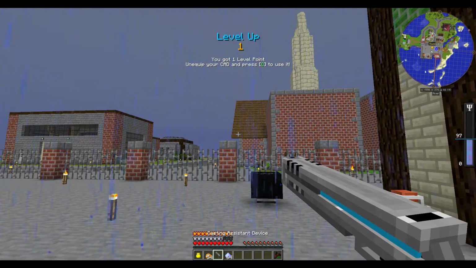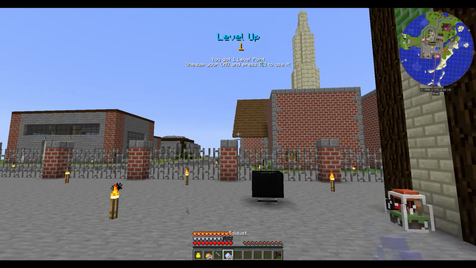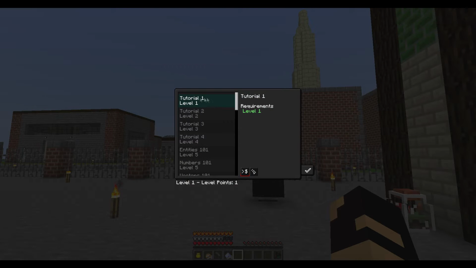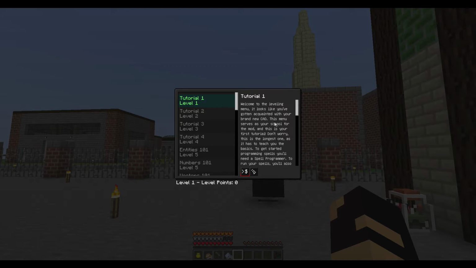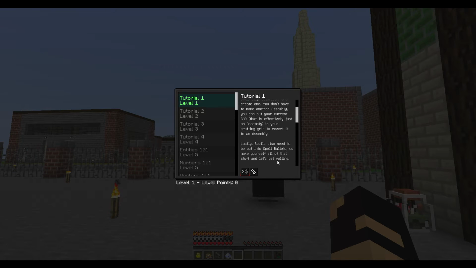Cool. So let's hit C. Oh, fancy. Press C to use it. Unequip your CAD and press C to use it. Level 1. So we get debug and caster. So learn. Welcome to the level 1 menu. You're taking this menu. Don't worry, this is a long one. That's to teach you how the basics. To get started programming spell, you'll need reverted to a crafting again. Lastly, spells also need to be put into spell bullets, so to make yourself all of that stuff. And let's get